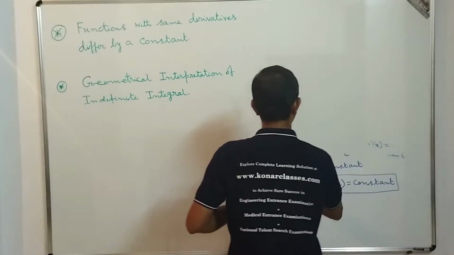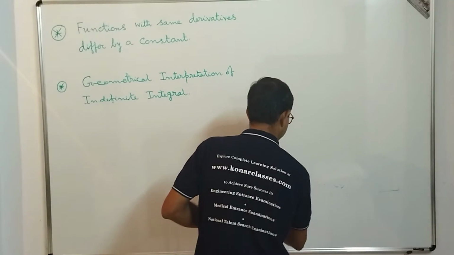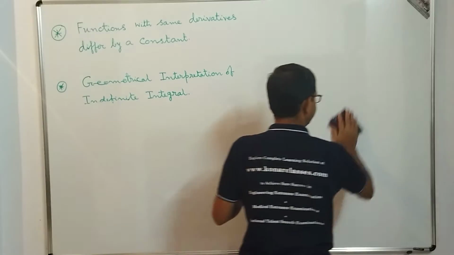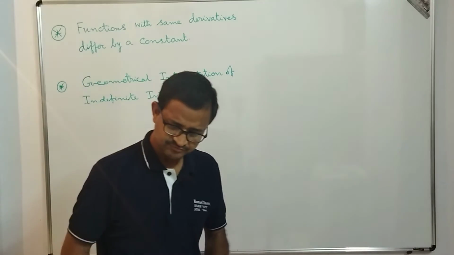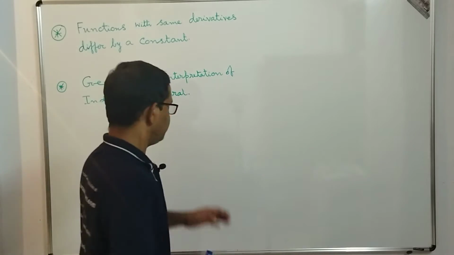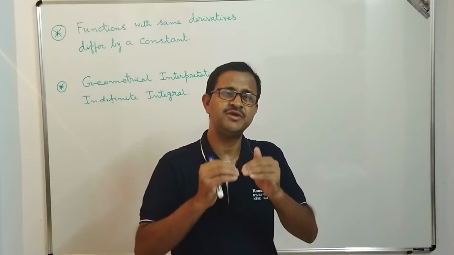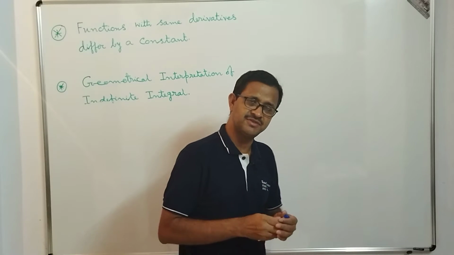Okay, so what is the geometrical significance? Geometrical significance means that if we can draw it and show it, that is exactly what is meant by that. Dear students, before we proceed, let's take an example, because if we understand all these things by means of an example, things become much simpler.